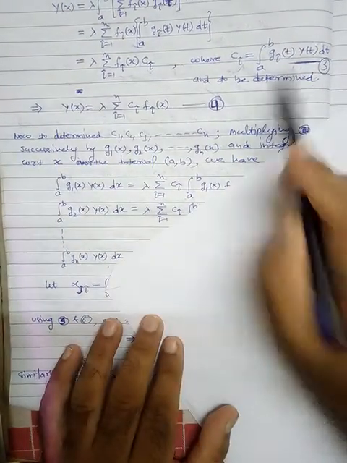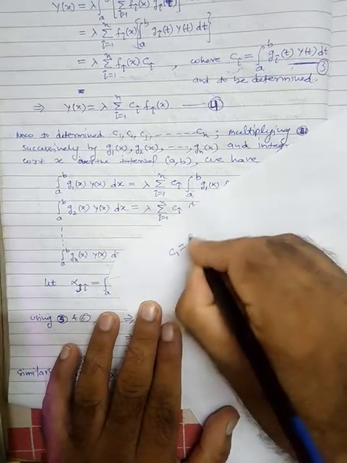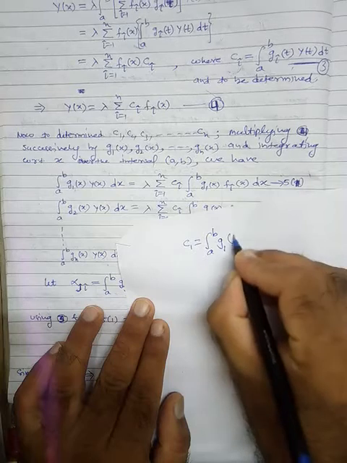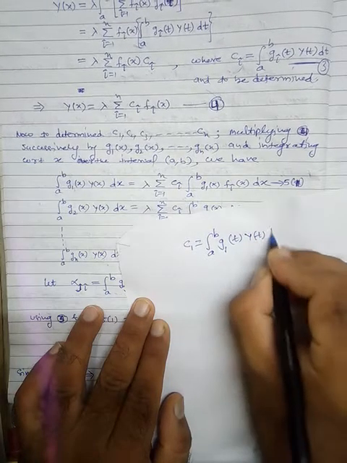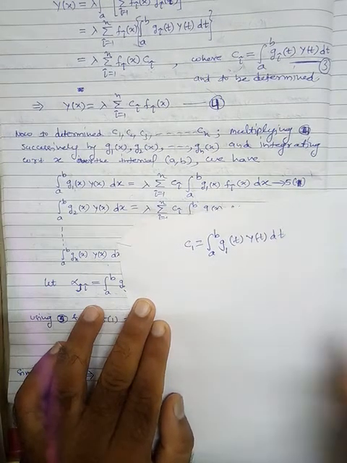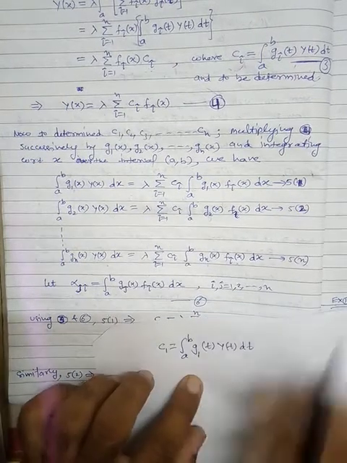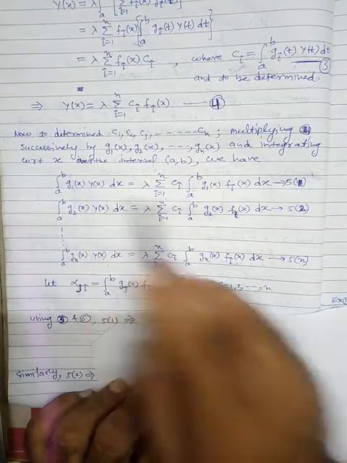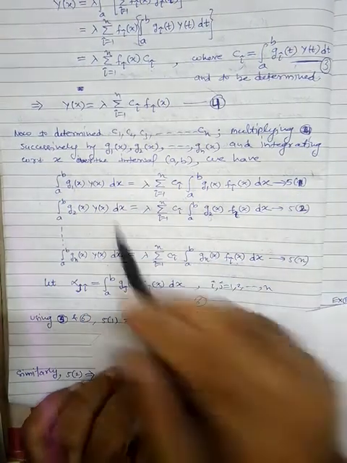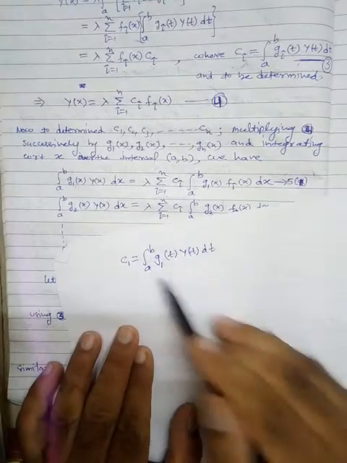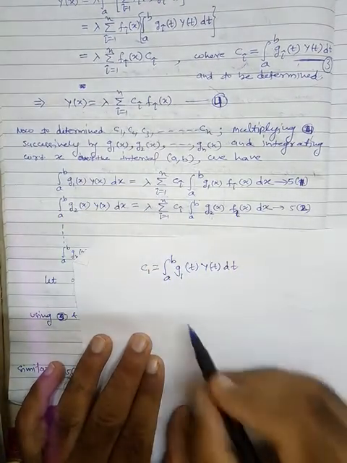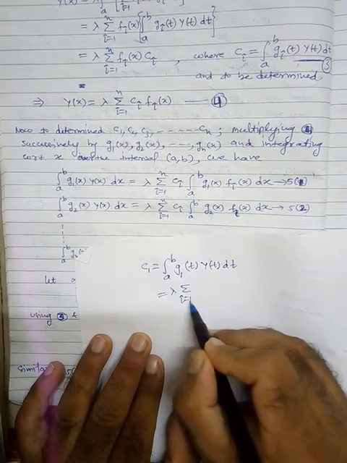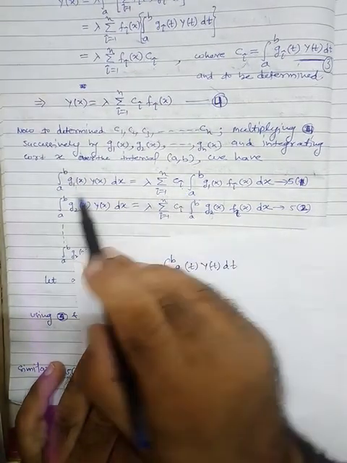Put i equal to 1 here. So c_1 is equal to the integral a to b of g_1(t) y(t) dt from equation number 3. But from equation number 5.1, this expression is equal to this. So we will get lambda summation i from 1 to n, here is i, c_i,